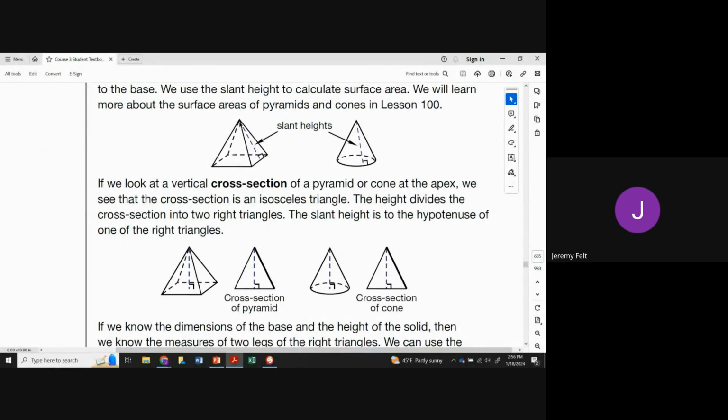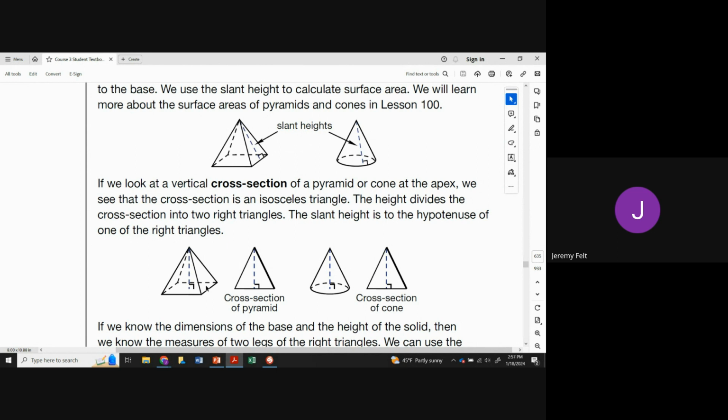So we have our height of the actual three-dimensional shape, which runs from the apex directly to the base, and then the slant height, which runs over here. So don't get confused when we say height versus slant height. If we cut out a cross section right here, if we were to think of this as a cross section,